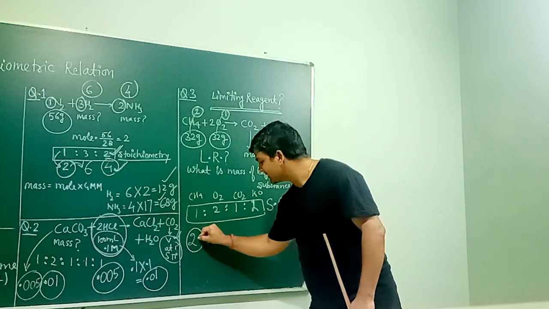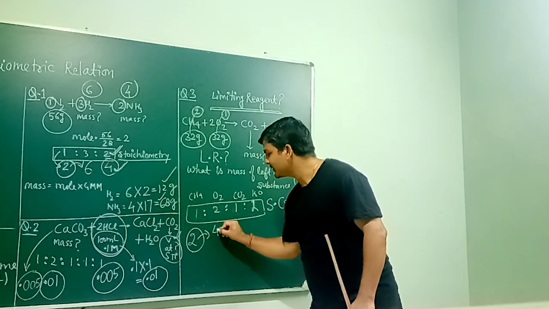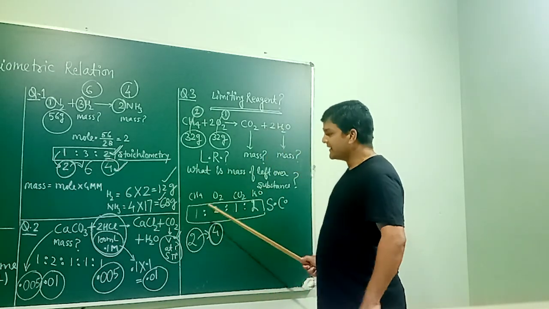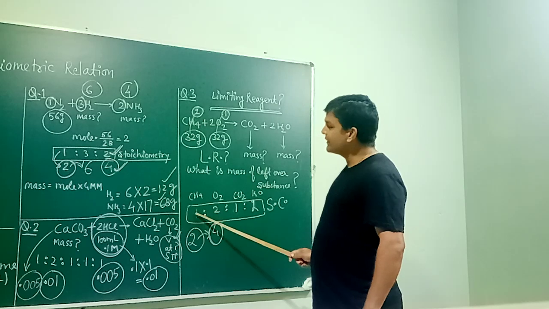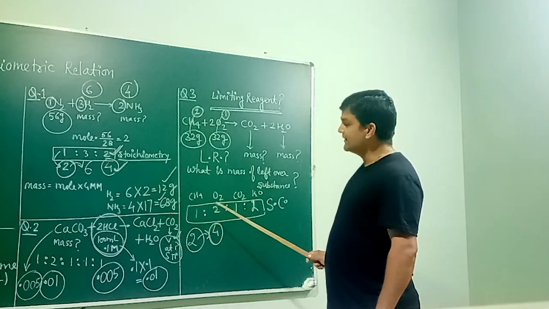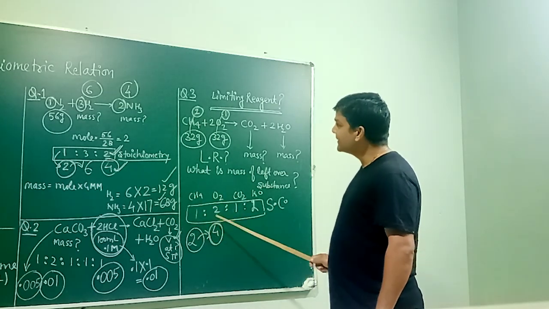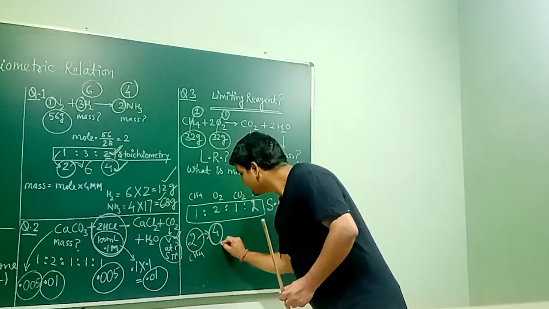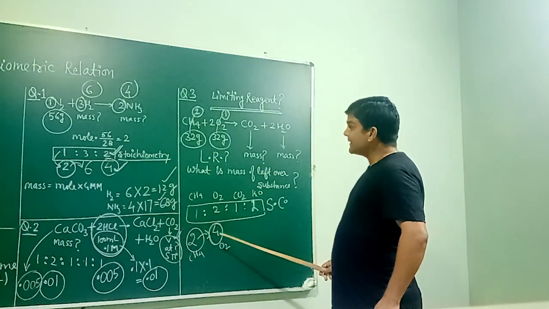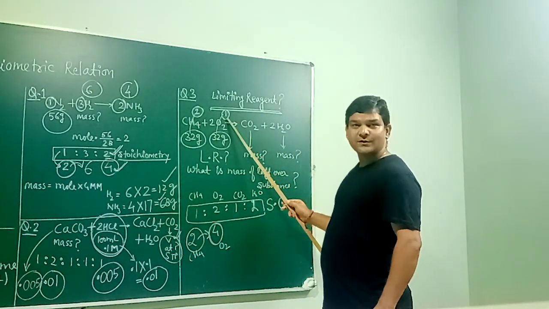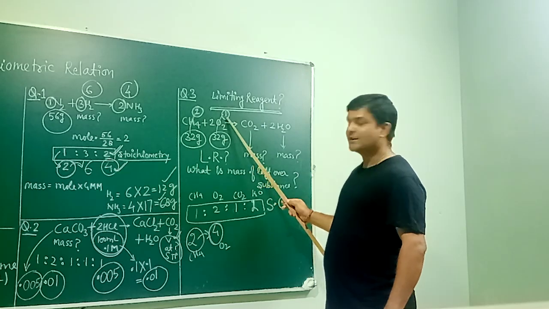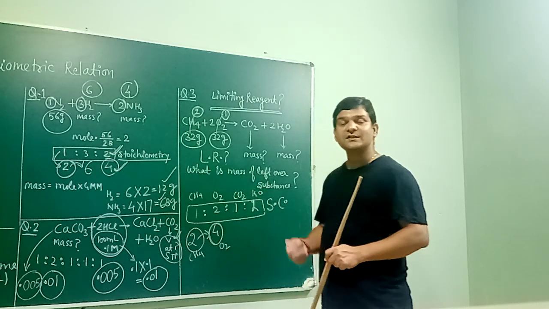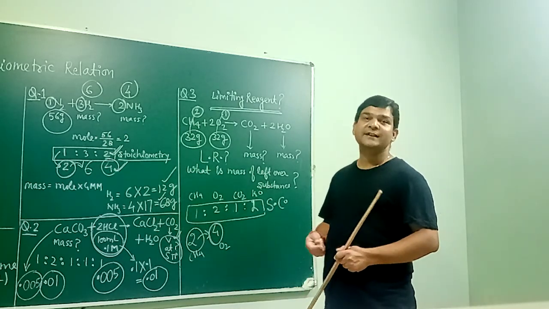So the amount of oxygen required, as per the balanced equation, is 1 mole of methane requires 2 moles of oxygen. So 2 moles of methane require 4 moles of oxygen. This is methane, this is the required oxygen. But in this question, the given amount of oxygen is only 1 mole. It means we do not have a sufficient amount of oxygen for the combustion reaction.